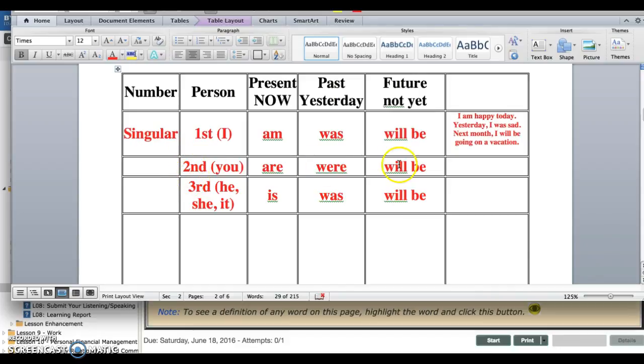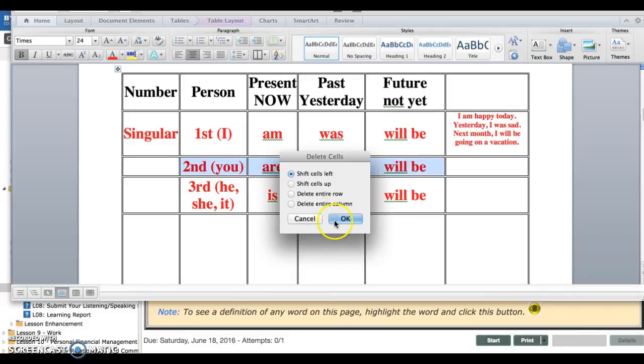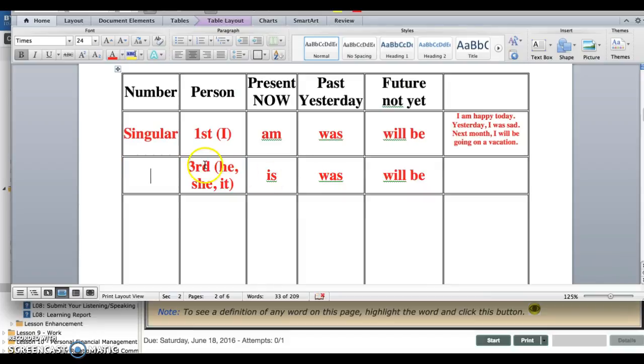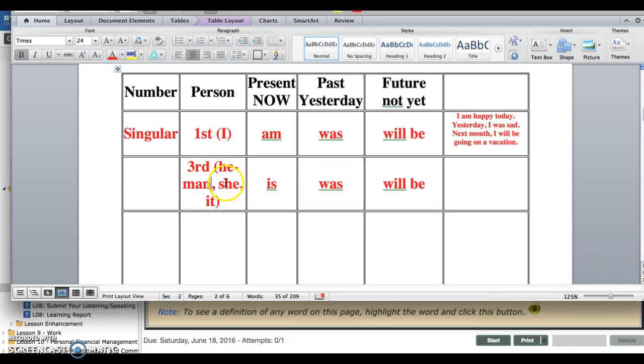I'm going to then show you just briefly. Second person is when you're just talking about you. I'm going to skip that one because it's not used as often. And I'm going to talk about, let me just delete these rows, he, she, or it. So for the sake of this, third person is when I'm talking about another person. So maybe I'm talking about my husband, Chaz, so it's he, because it's a man, okay? So I'm going to talk about him in these sentences.